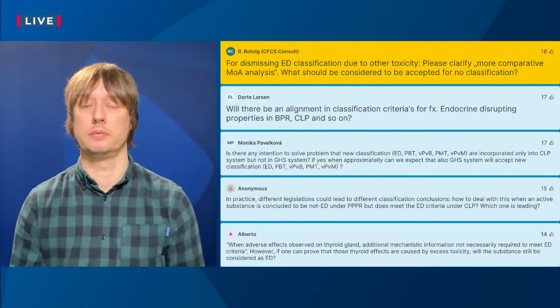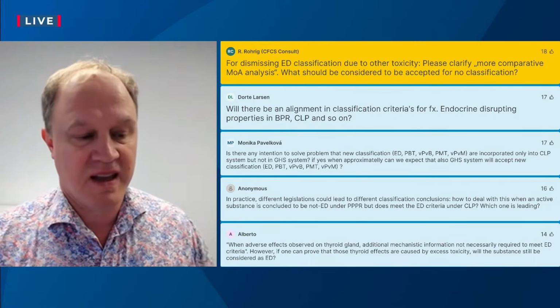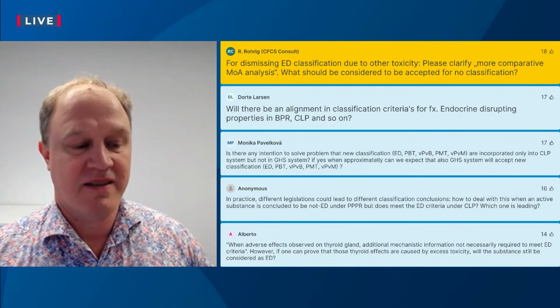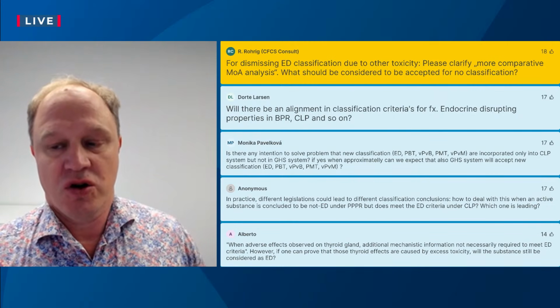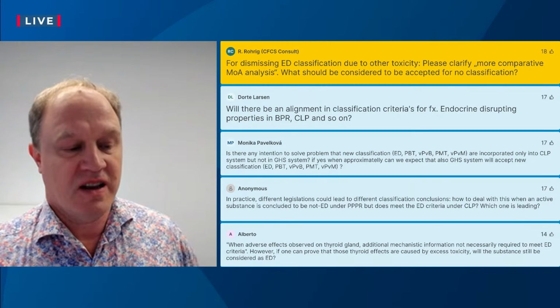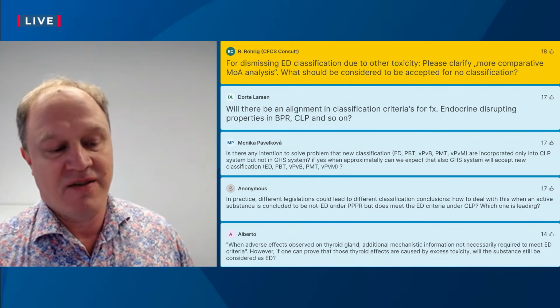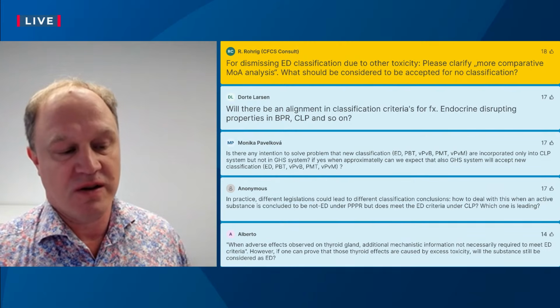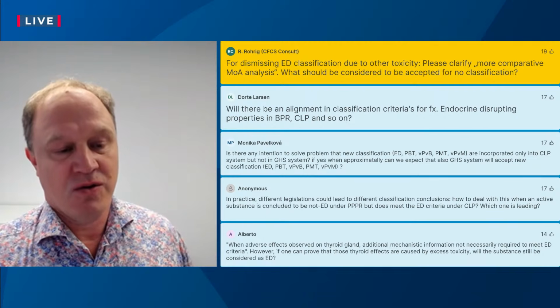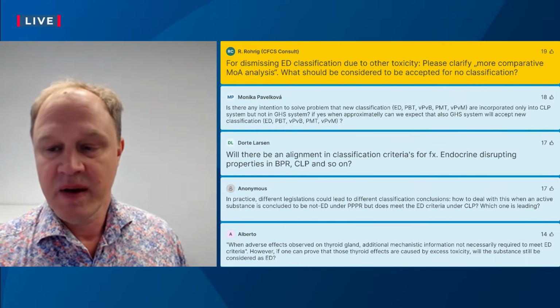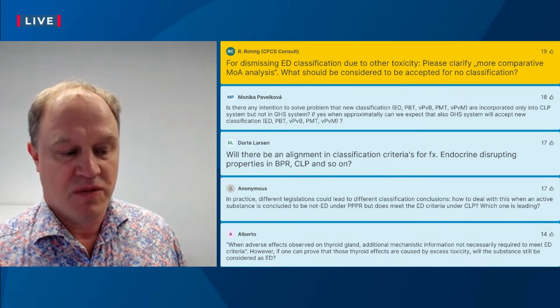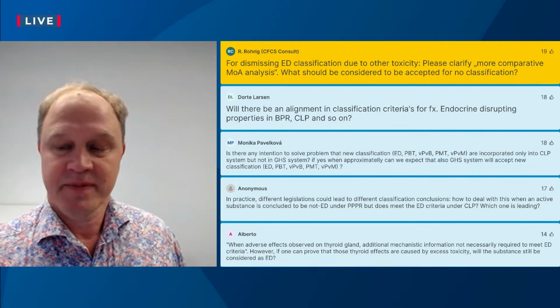Yes, thank you. I think this is very case specific, and you need to have a look at the case in hand. But in general, you need to show that the endocrine activity is a non-specific consequence of other toxicity, and so I guess you will have to look at all the Bradford-Hill criteria in a systematic manner to conclude on this. Yeah, thank you. Thank you very much, Nicholas.